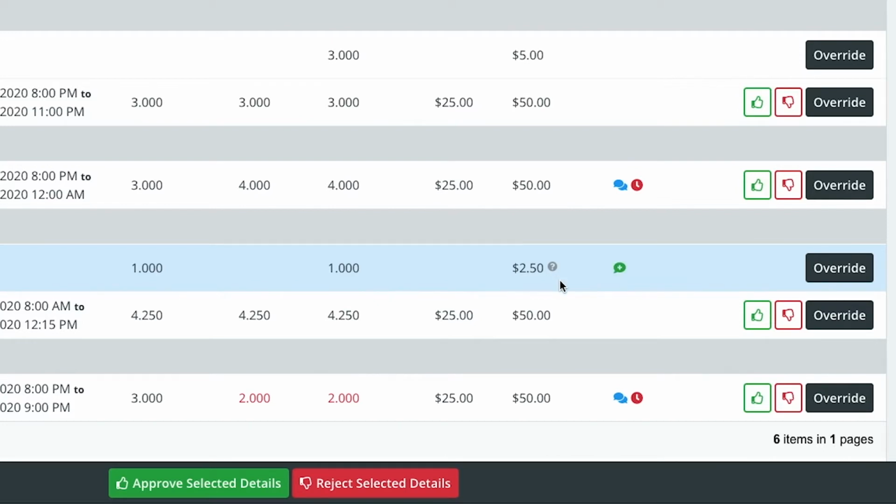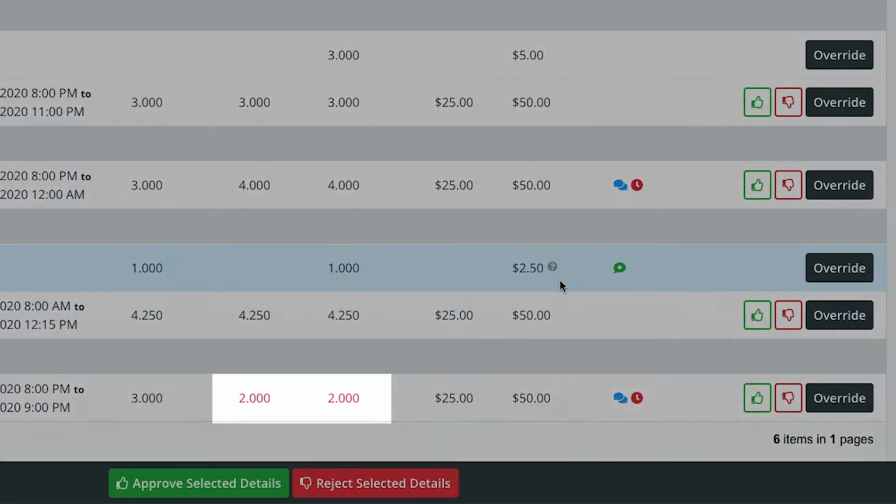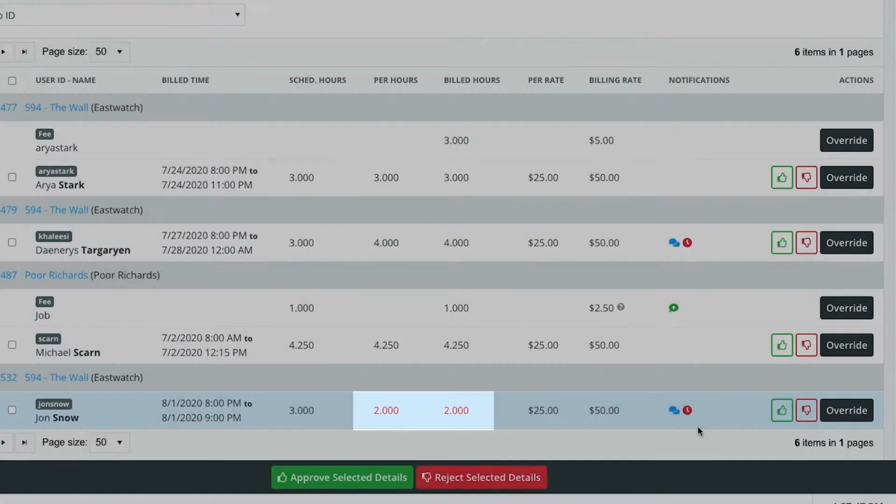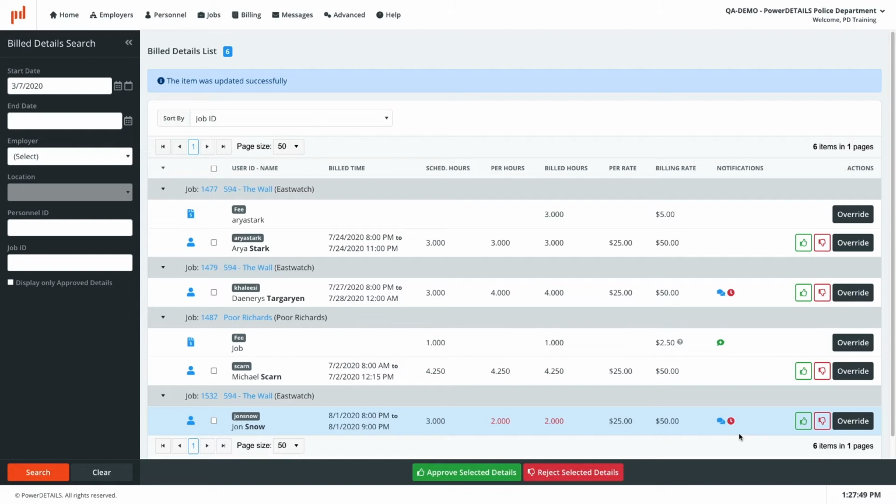Hours that were reported under the minimum job hours indicated in your site settings will display in red font. Hovering over the text will show what was originally reported in case you need to use this information to override the minimum. Note that all of the details present here have not yet been approved, but will still appear on